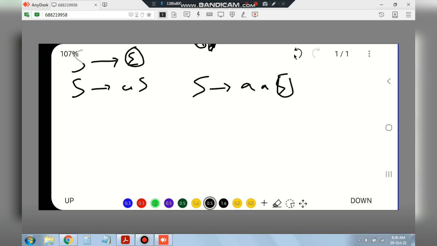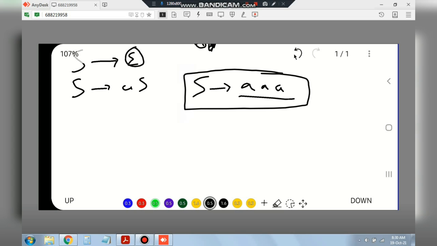And instead of this S, I'll write AS. Okay, and I need 3 A's, so what I will substitute in the place of this S is epsilon. So I'll get the final answer as AAA. Like that I can do for n number of A's. Okay, so this is the thing which we need to find out to generate the strings we want, keeping in mind the rules. This is the final answer which you have to write.